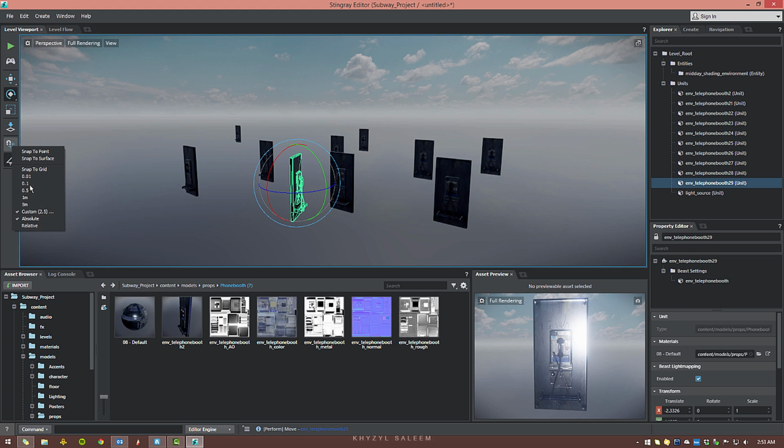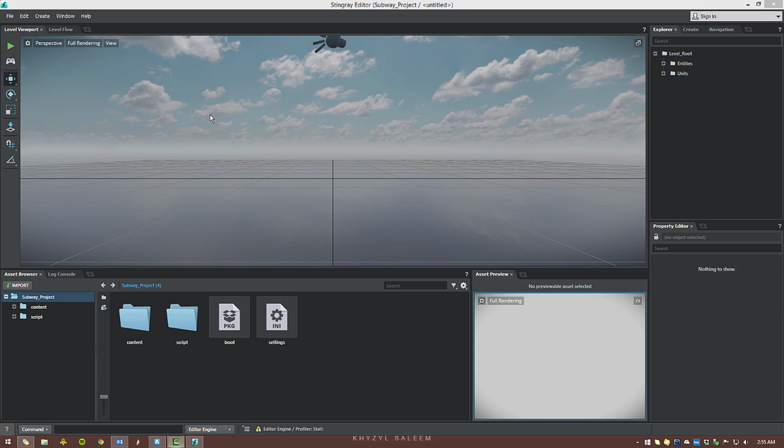We can change the size of our grid. We can turn on snap to grid, snap to point, snap to surface. We have all the snapping that we will probably ever need in this one tool here. All right, and so obviously you saw the asset browser when I added the phone booth, and the asset browser